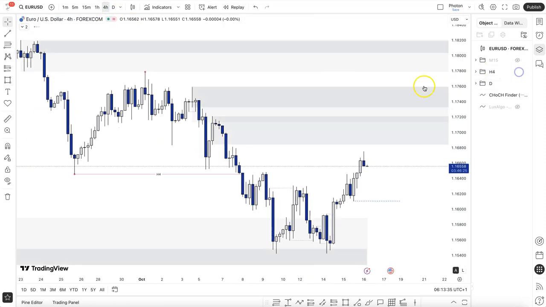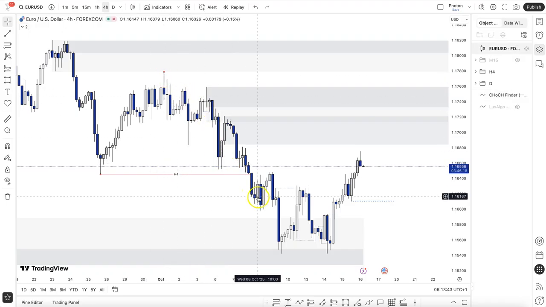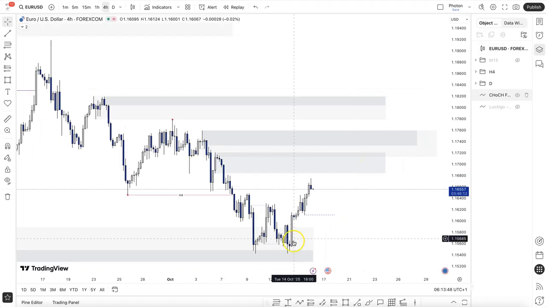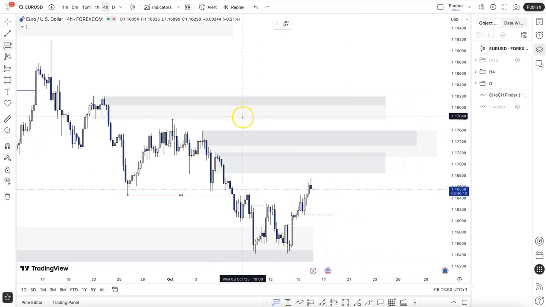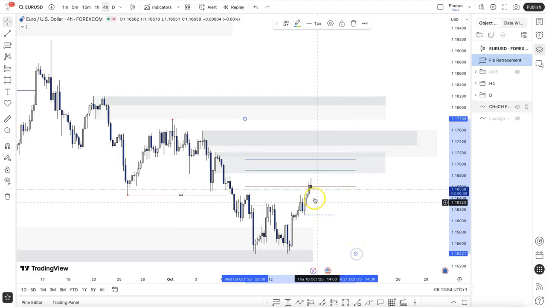So now on the 4-hour time frame, we can see that the 4-hour is bearish. Why? Because we are on the daily pullback, and after we've had a break of structure, we can expect the pullback to happen. Now if we look at where the pullback has happened till, we can see that we've just about crossed the 50% and probably a little deeper, and then we can expect price to continue in a bearish direction.